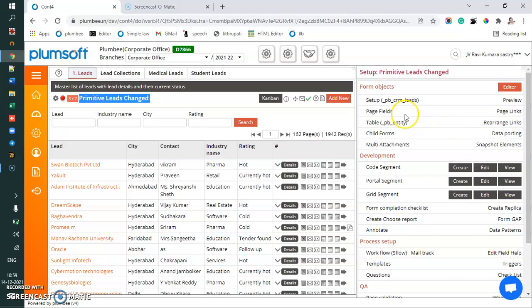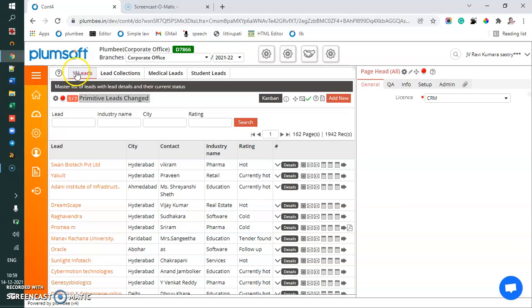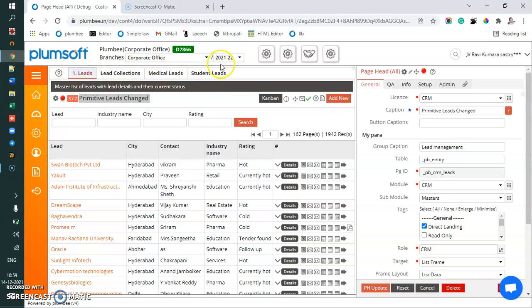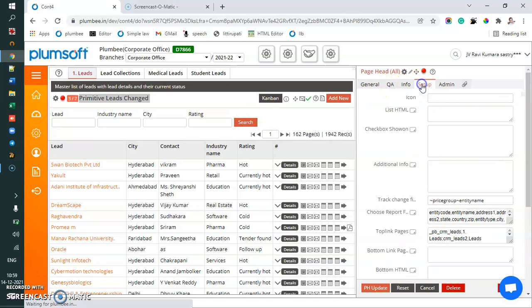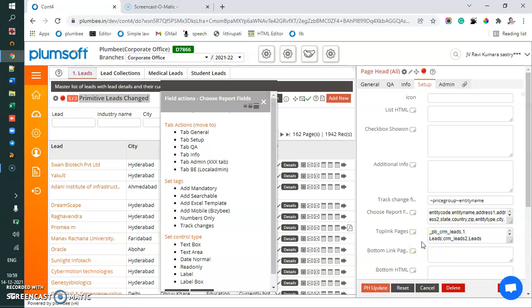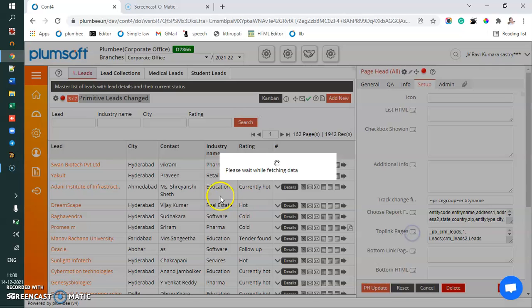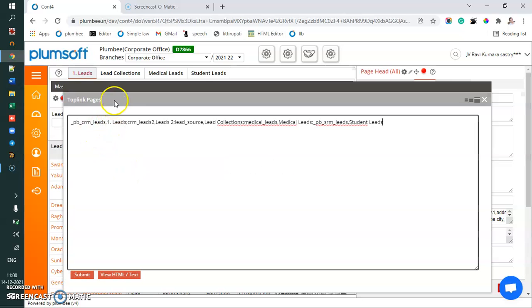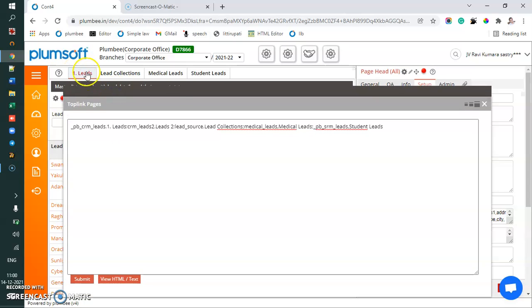And then I will be changing the basic order in which these appear here. Okay, student leads. This is one dot leads. So where are those? Those are in the setup. We call them top link forms, top link pages. You can take this full thing and you will see these are appearing.